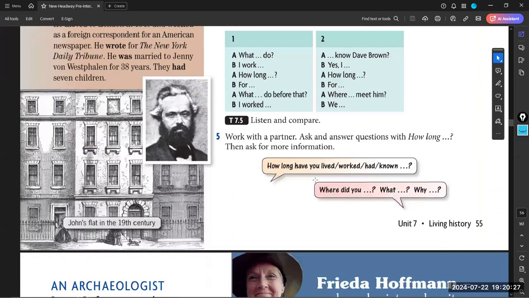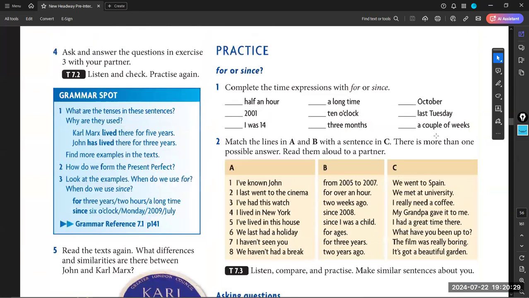Now we have to do this exercise, which is about practicing the use of "since" and "for", when we have to use each. Teacher,